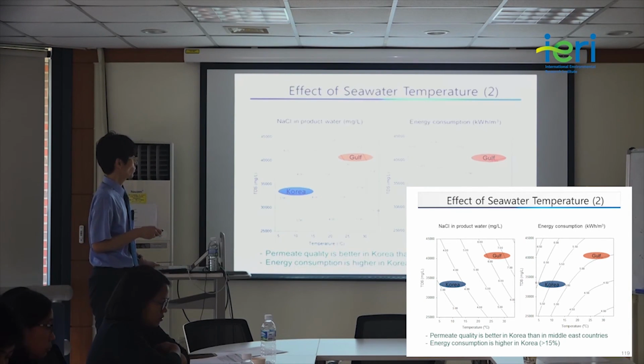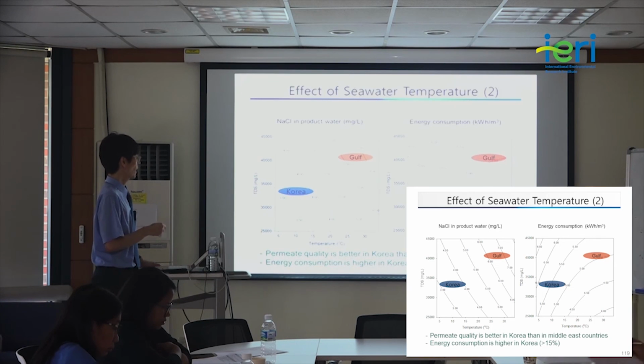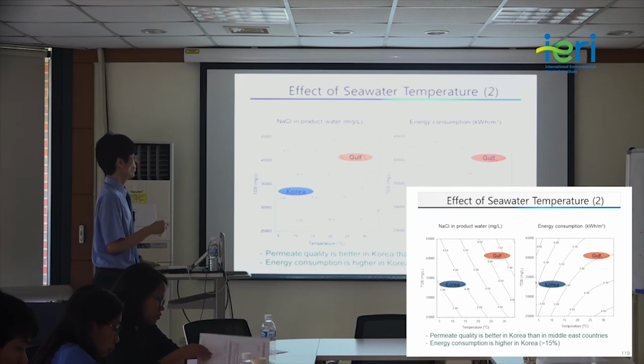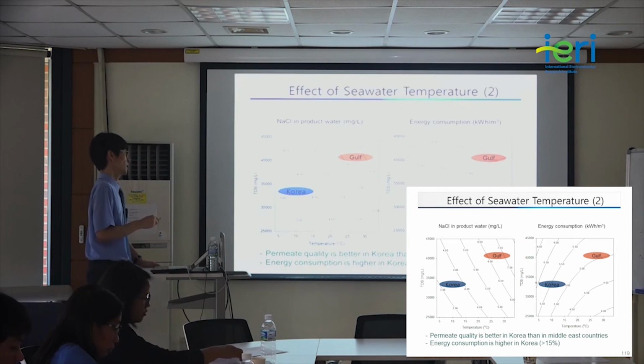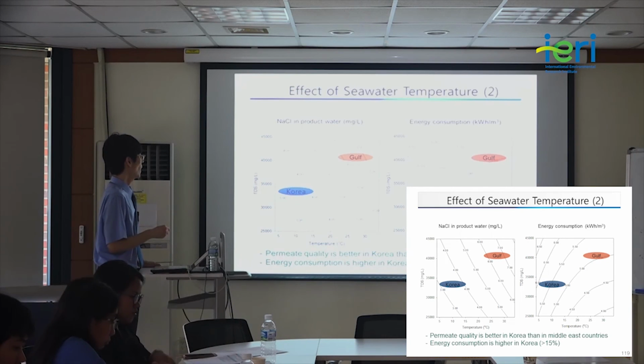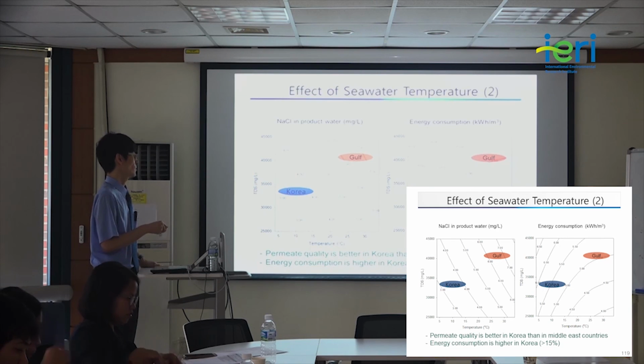If we compare the situation in Korea and in the Gulf region, in Korea we have relatively low seawater temperatures and low seawater TDS, and in the Gulf region they have higher temperatures and high TDS concentration. So in this case, in terms of this permeate quality, in Korea